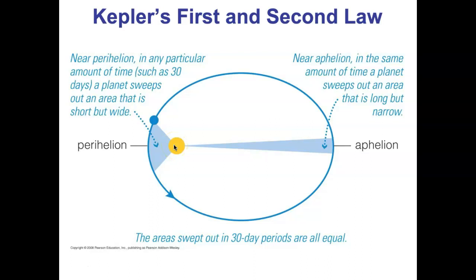Kepler's second law says, if I draw a line between the planet and the sun, I draw this line here. If the planet moves from here to here, that line is going to sweep out this wedge, this shaded area in space. If the planet moves from here to here, it sweeps out this long skinny wedge in space. What Kepler's second law says is that if the planet takes the same amount of time to go from here to here as it takes to go from here to here, then these two areas are swept out in the same amount of time, and therefore those two wedges have the same area.